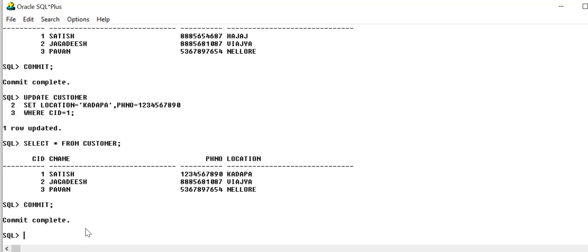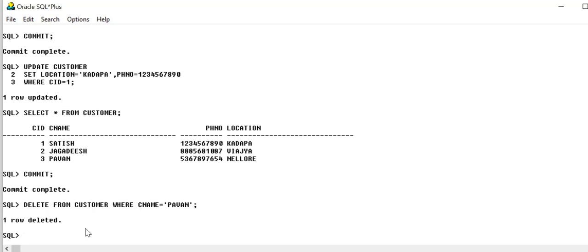How? See, simple. Delete from table name customer where, we can write in a single line as well, no problem. Where customer ID equals to, we want to delete a particular customer, that's okay. For which customer, we have to give customer ID, or we can also give customer name. Customer name is equal to PAVAN.